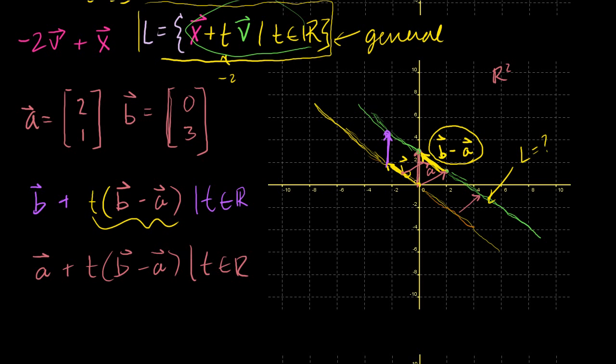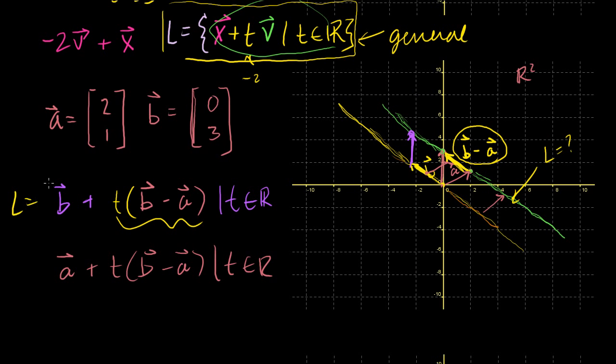Now, my definition of my line could be either of these things. The definition of my line could be this set, or it could be this set. And all of this seems very abstract, but when you actually deal with the numbers, it becomes very simple. It becomes arguably simpler than what we did in Algebra 1. So this L, for this particular case of a and b, let's figure it out. My line is equal to, let me just use the first example,